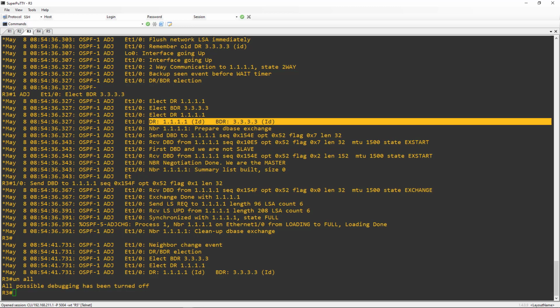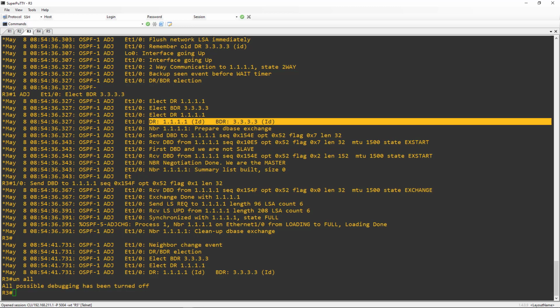Now, the Exchange state is a little bit misleading, the name itself, because you think exchange, well, that means I'm exchanging routing information. It's actually not the case. We're exchanging a brief description of the database that we have, which contains basically only the headers of the LSAs in what we call a database summary list. So it gives a description of all the LSAs, but not the full content of the OSPF database. Because guess what? You might already have a bunch of stuff that you received from other routers, so you don't need everything. And I might have a bunch of stuff that I received from other routers as well, so I don't necessarily need everything. So rather than just arbitrarily exchanging everything that we know, we exchange a summary of the database,